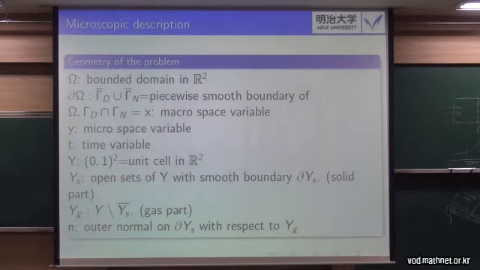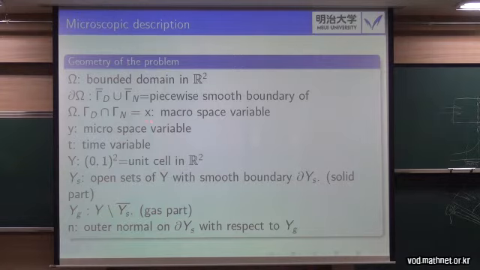So here I would like to describe the geometry of the problem of interest. We consider a rectangular medium, which is a bounded domain in R2, and the boundary has both Neumann and Dirichlet boundary conditions. The x here represents